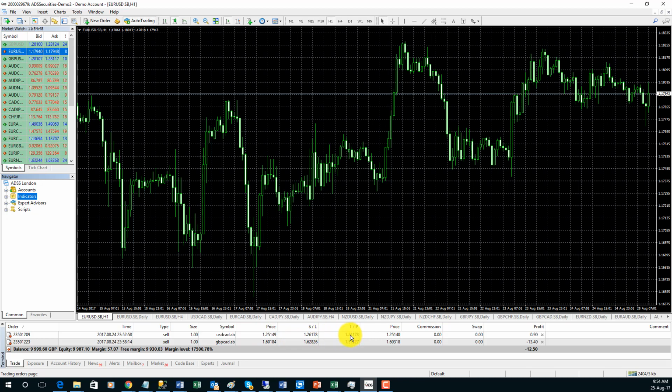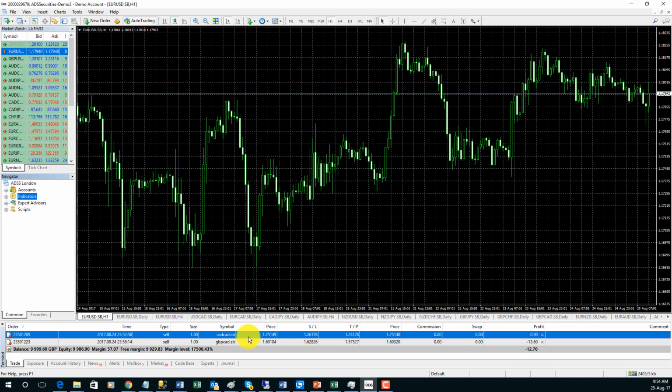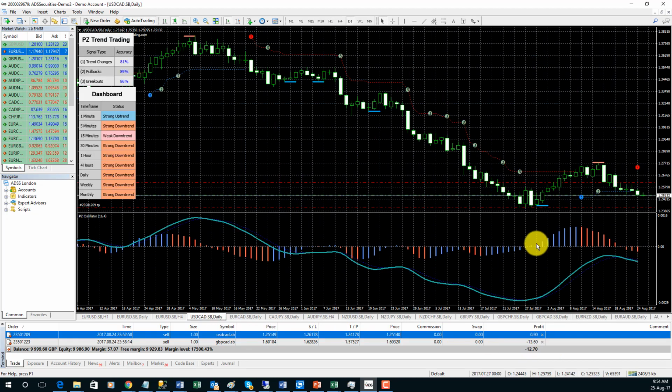If we go and look at those on a chart, so this one was the USD Canada. Let's see if we can find that one. Here we go. So if we look at our chart, we'll see I've got the green line, which is the price, the opening price for that trade at 125.149,